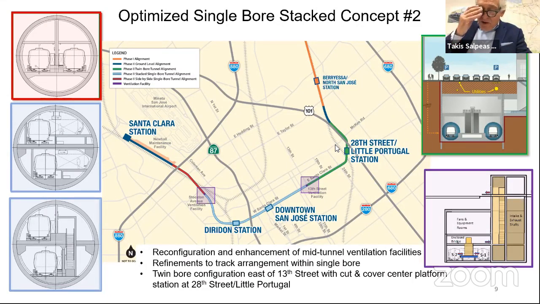For that, one of our brilliant young engineers we have here reminded me, Takis, we not only have 2 ventilation structures, we have 3 on 28th Street, and he's totally correct. I looked at the drawings a couple nights ago, and it's right adjacent to the Little Portugal station at 28th Street. For that, these ventilation structures have been cleared environmentally, and we can use them to benefit ourselves and reach a consensus with BART.